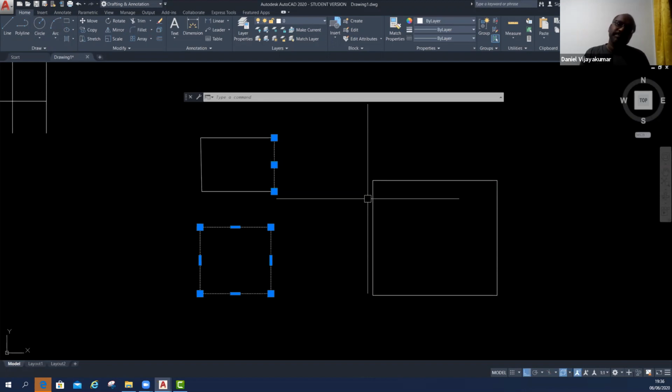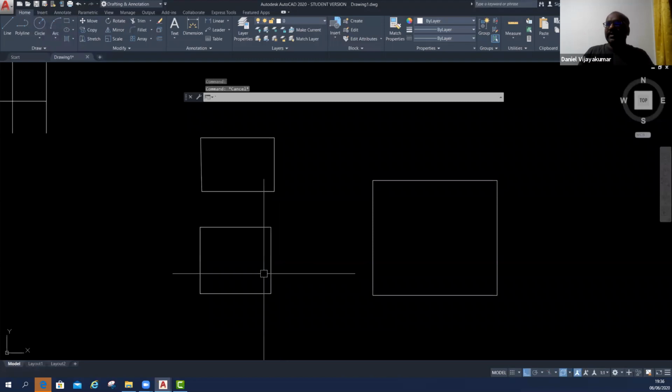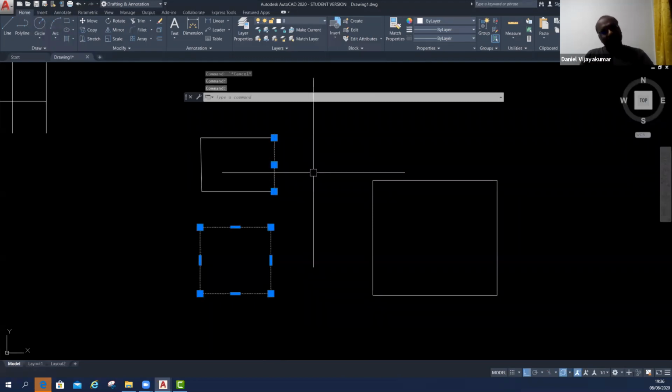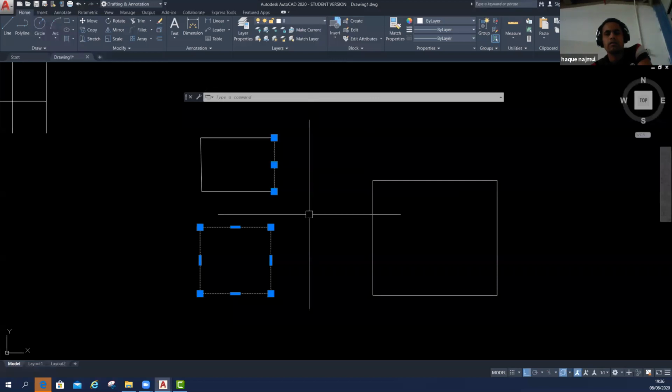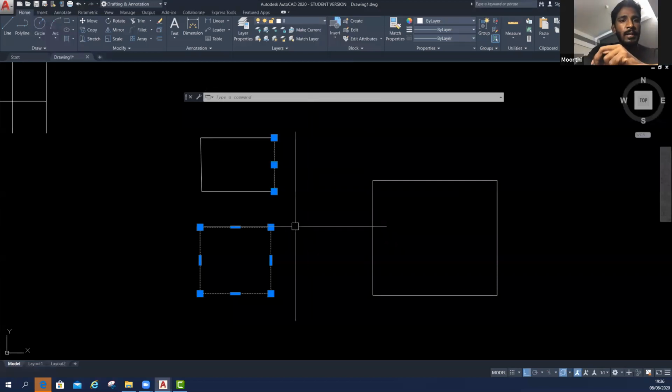What is the difference between the rectangular line and the other line? A rectangular is 2 dimensions, sir, and a square is 1 dimension, sir. You are very close there, but it's not the right answer. Tell me, what is the difference between this line and this rectangular line? It's a polyline, sir. Who is answering that? Shanmugavel, is it? Murthy. Okay, good. It's a polyline, and the other one is the normal line. Good. This is the correct answer.